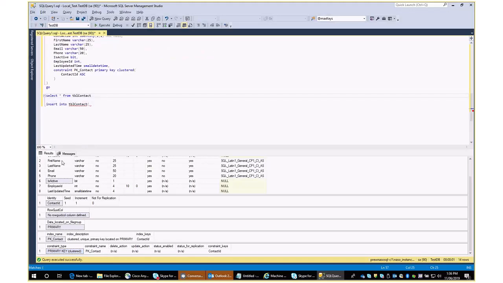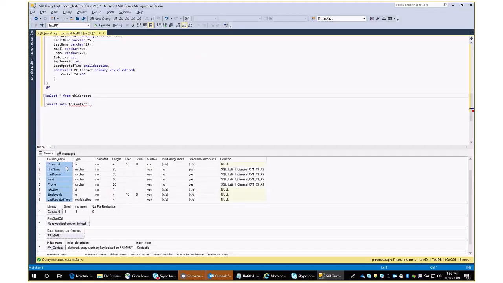Now I want to copy all these columns, putting them over here one by one, comma separated. Okay, and then values, where I can give